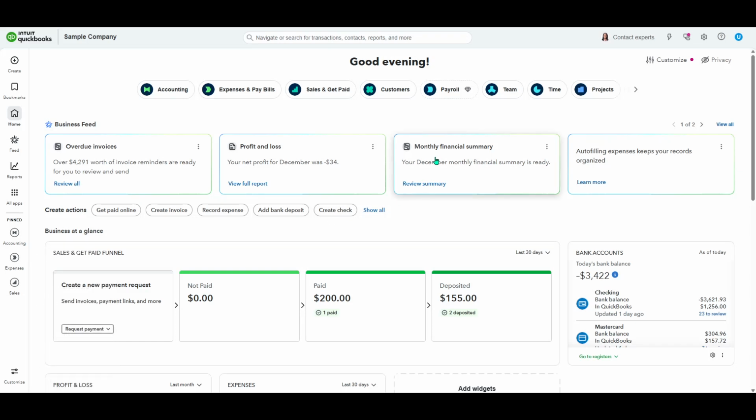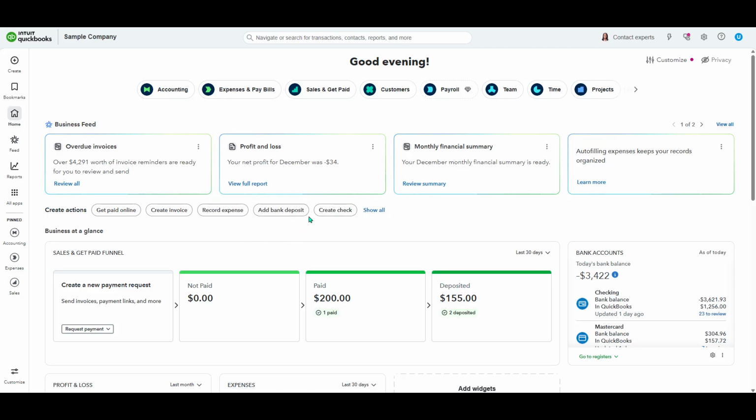In today's video, I'm going to teach you how to make a deposit without invoice in QuickBooks Online. This is perfect for recording money that didn't come from an invoice or sales receipt, such as a loan deposit, owner contribution, bank interest, or a refund from a vendor. By the end, you'll know exactly where to click, what to fill out, and how to keep your records clean